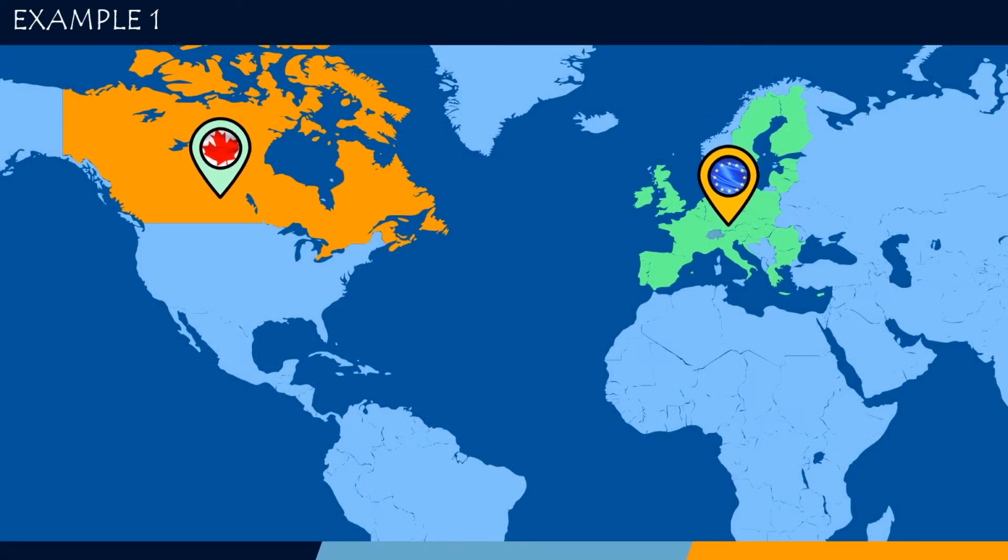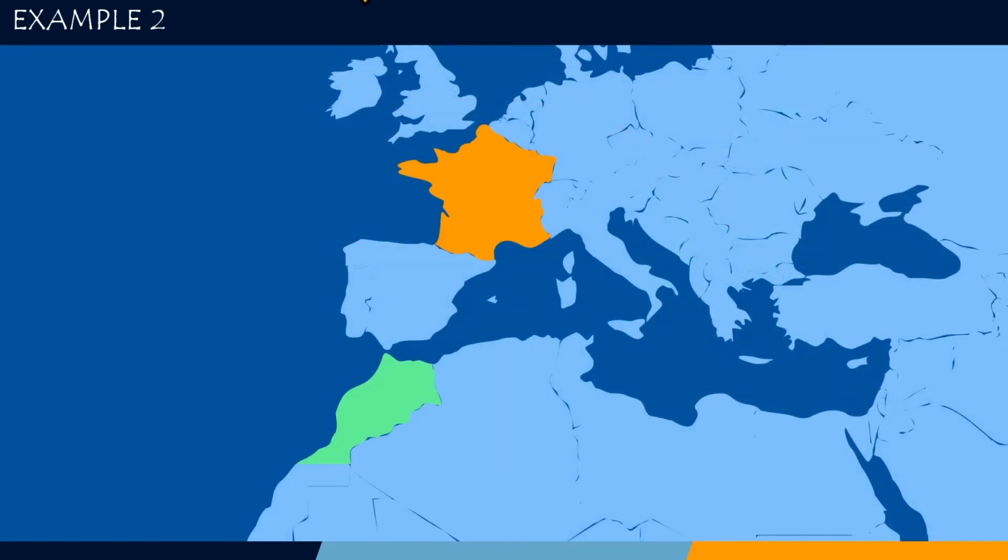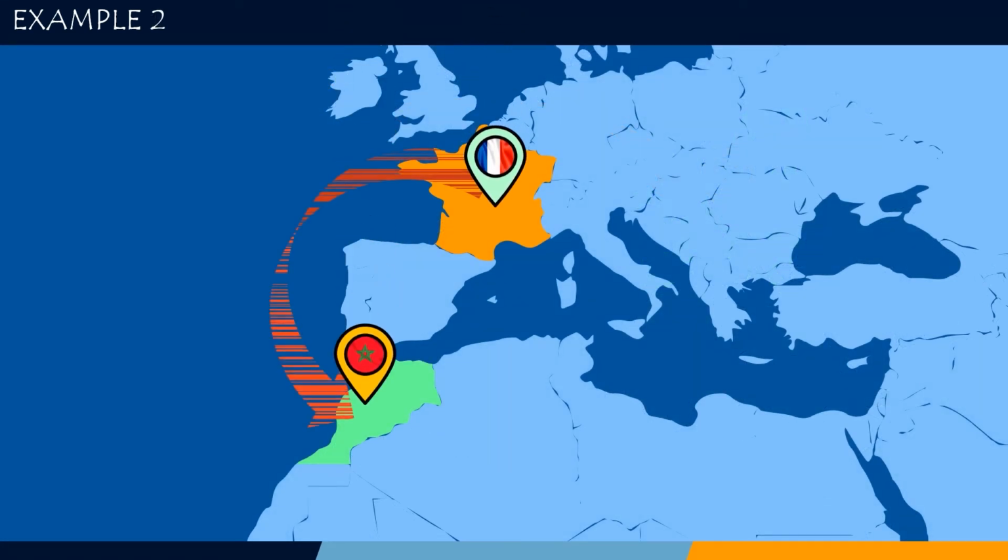The first is a Canadian company that directly sells maple syrup to European citizens. This company is subject to the GDPR because it offers goods to data subjects located in the European Union. The second example is that of a company based in France that exports all its products to Morocco for Middle Eastern customers. It must also comply with the GDPR because the company is established on the territory of the European